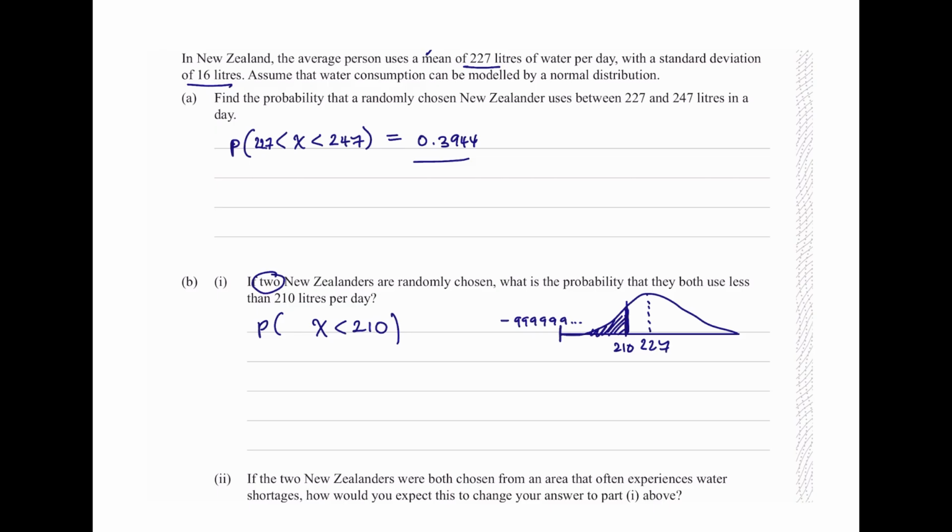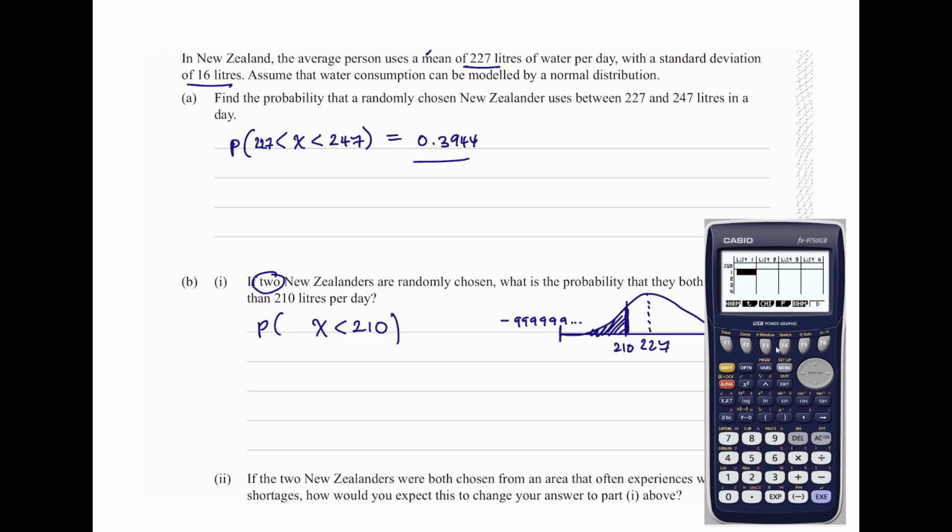Okay, so how do we do this? Well, similar to before, we'll go distribution, normal, choose NCD. Here our lower limit is negative 9999999. Our upper limit is 210. We've got the same standard deviation and mean, so if we click enter, that gives us a probability of 0.144,